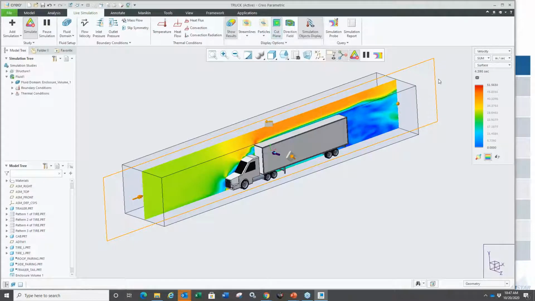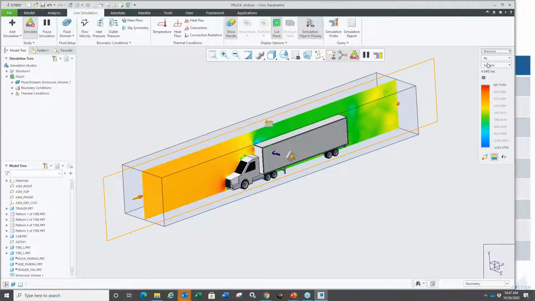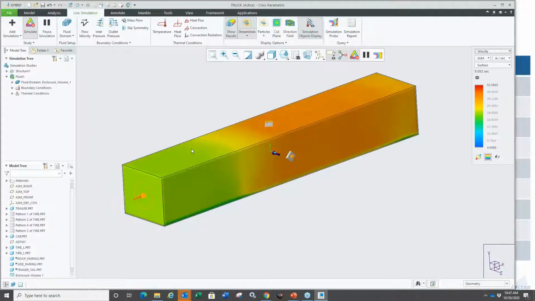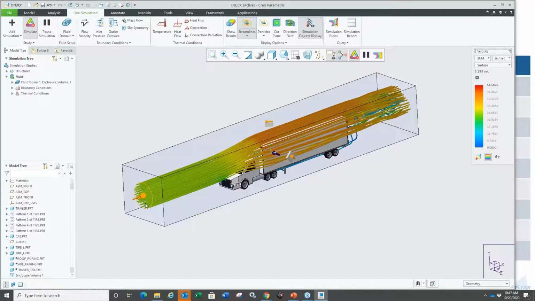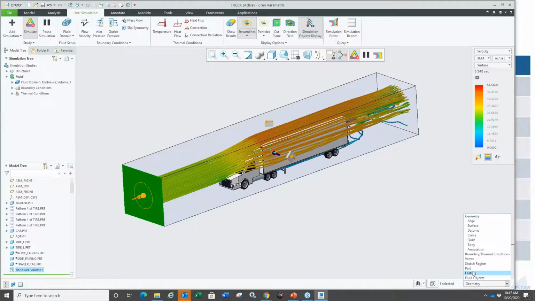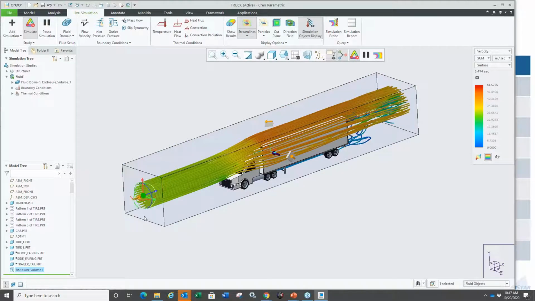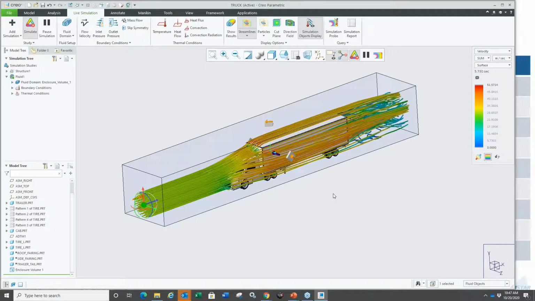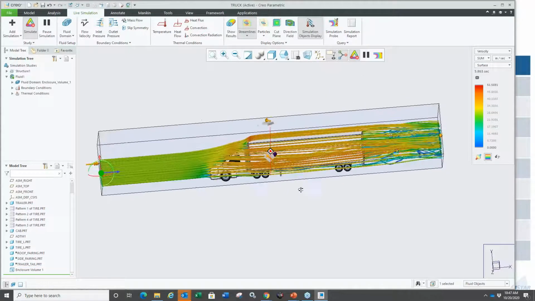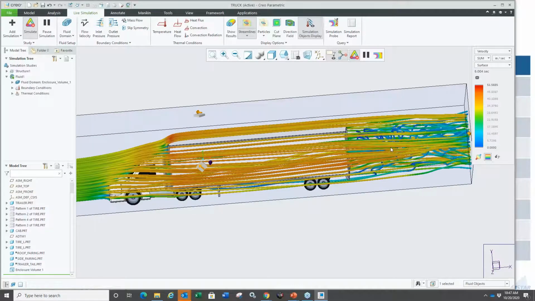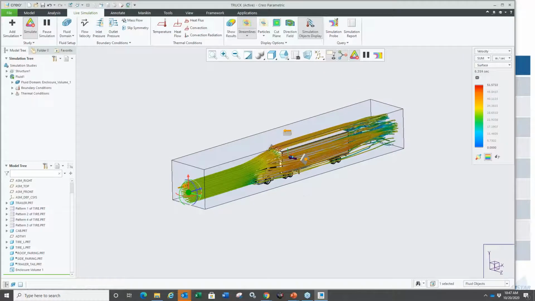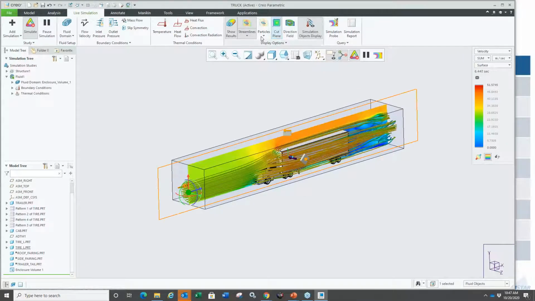And now this is looking at velocity. I could look at pressure, temperature, things like that. I can also look at streamlines here. So maybe remove the cutting plane, and I'm looking at the streamline. I can go and change, it's like an emitter pretty much here, right? And now again, for the turbulence on this side, or even in here, right? Maybe I can just go and